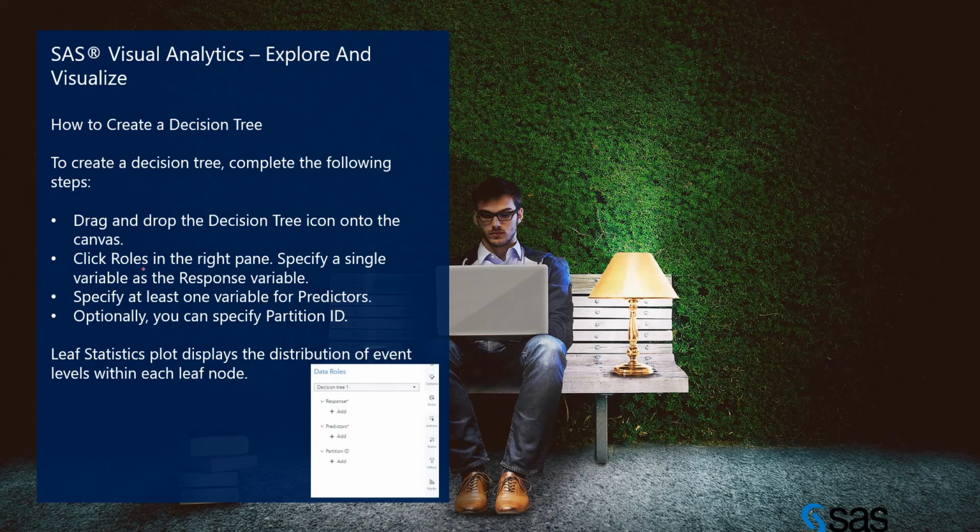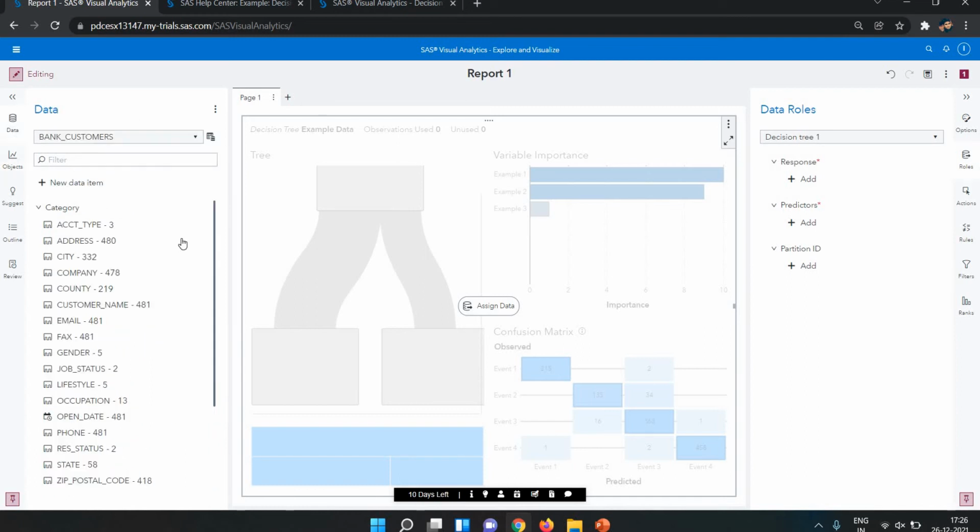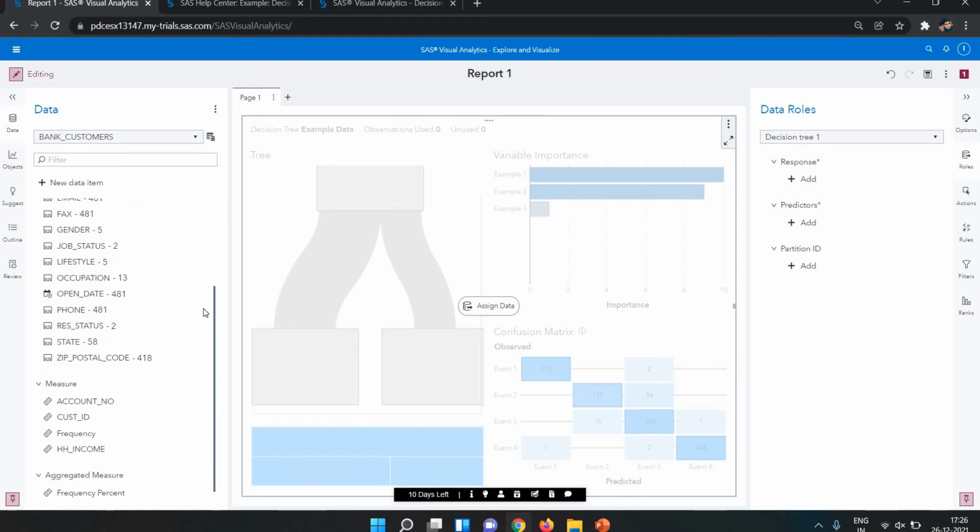Click on the right side panel and specify the response variable. Just specify at least one variable for prediction, and optionally you can specify the partition id also. So for the response, let's suppose in this data I'm using income as the response. So I have the source income here, hh income.